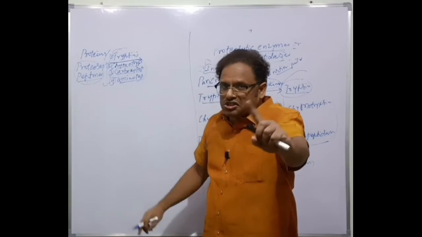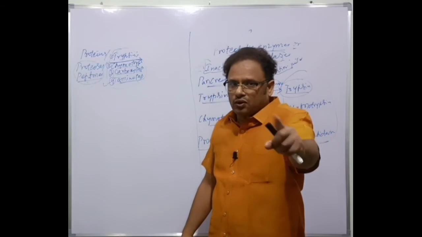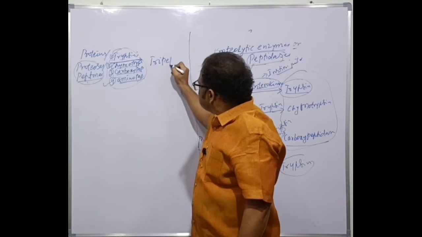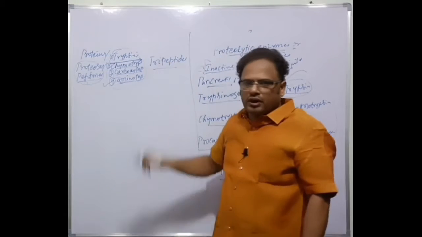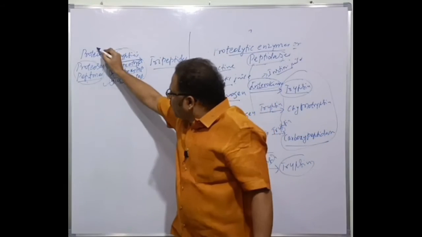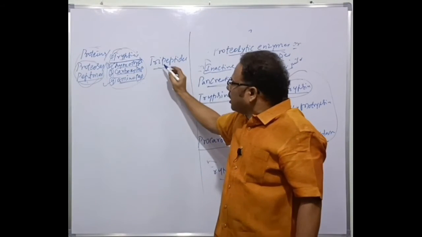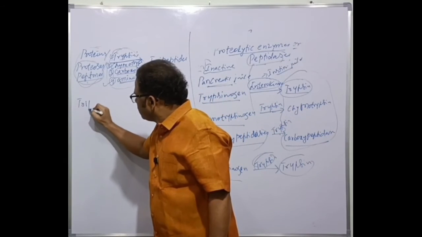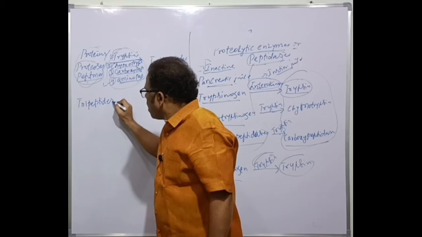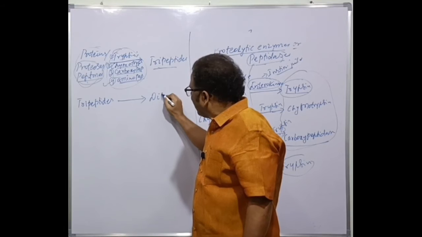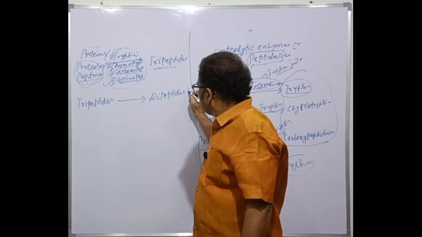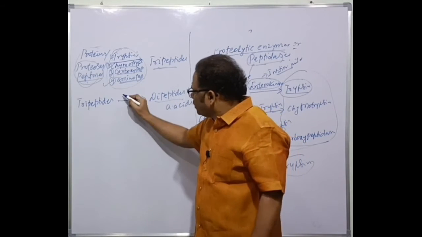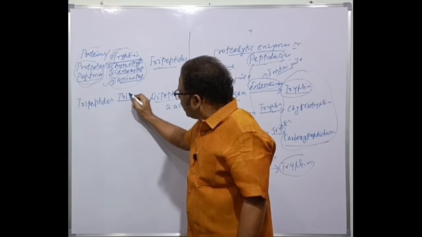Don't say amino acids. No, they are not directly converted to amino acids. All of you, note this point. Now these are converted into tripeptides. These are the polypeptides broken into lower polypeptides called tripeptides. These are further broken down. Tripeptides are further broken down into which one? Dipeptides, with the release of amino acids. This occurs in the presence of tripeptidases.